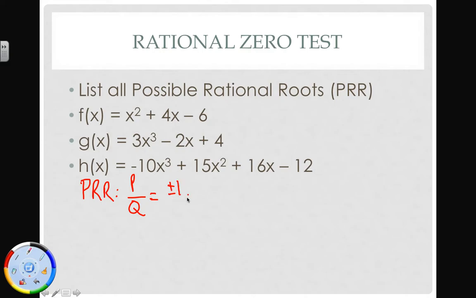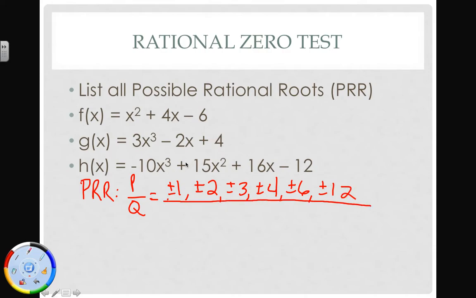So 12 is kind of an ugly number for us because we get 1, 2, 3, 4, 6, and 12. And then 10's not as ugly, but it still does have more than we've had in the last couple problems. So 1, 2, 5,